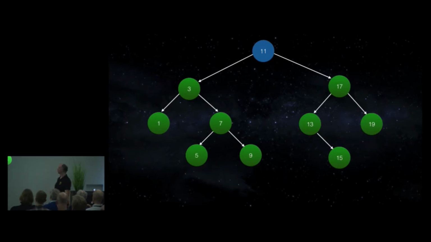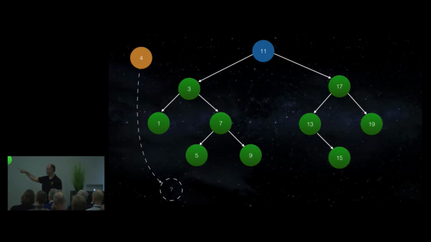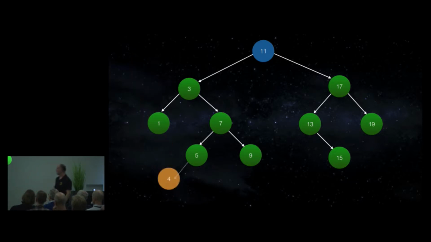Simple binary tree, like this one here. Here's our strict weak ordering, ordered from left to right. Now, if we want to add a new item to this structure, say this 4 up here, well, we just traverse down the tree to find where we need to add it in. We usually have a couple of choices. We could hang it off the 3 or off the 5, but if we hang it off the 5, then we don't need to rewrite any of the other nodes. So that's what we always do. We hang it off an existing leaf.